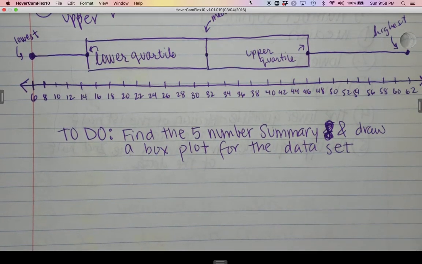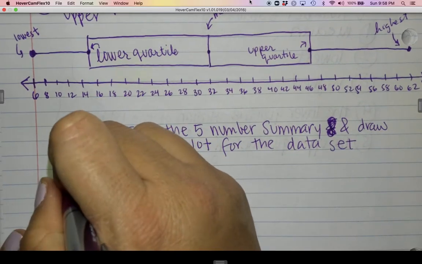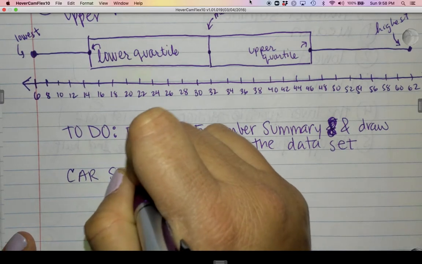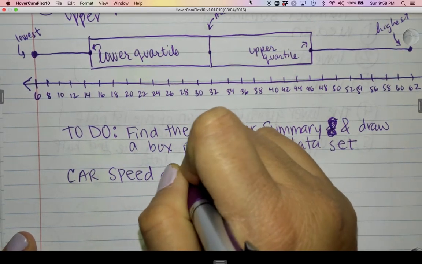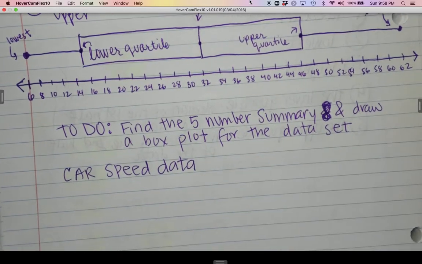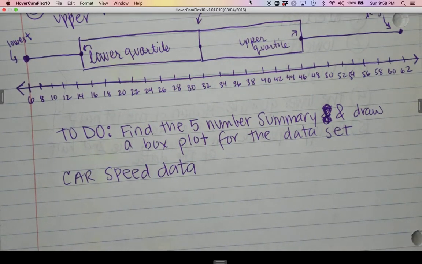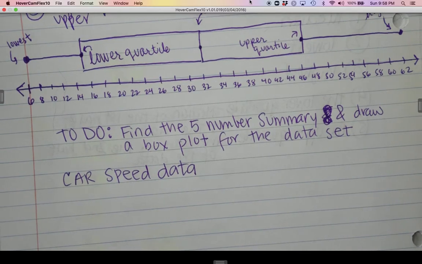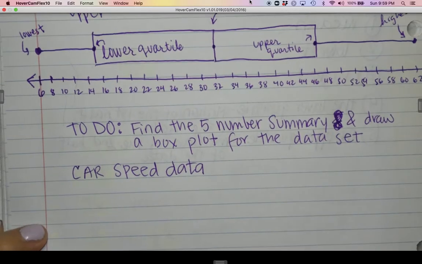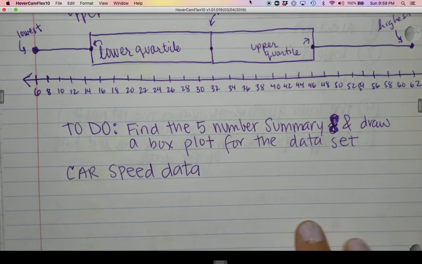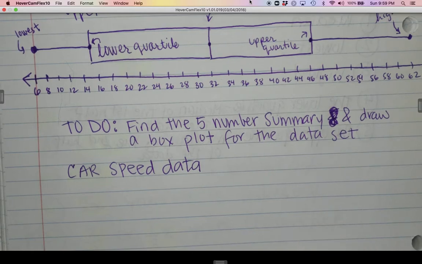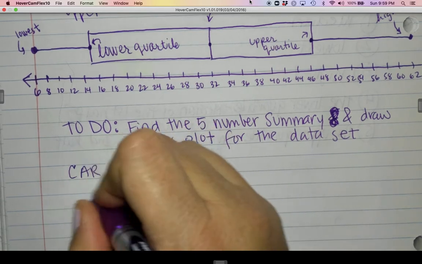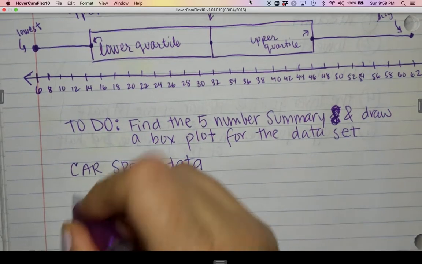So what I'm going to be giving you is, your data set is for car speed data. It is the average number that a car drives in a school zone. Let's just say that. Car speed data, the average that a car drives in a school zone. So your numbers are, and I'm not giving them to you in order because I'm not that nice,